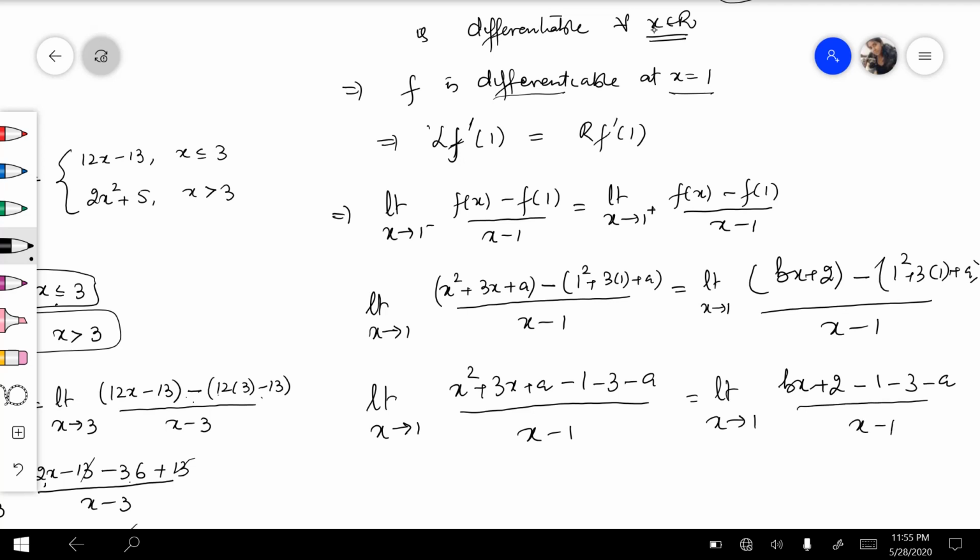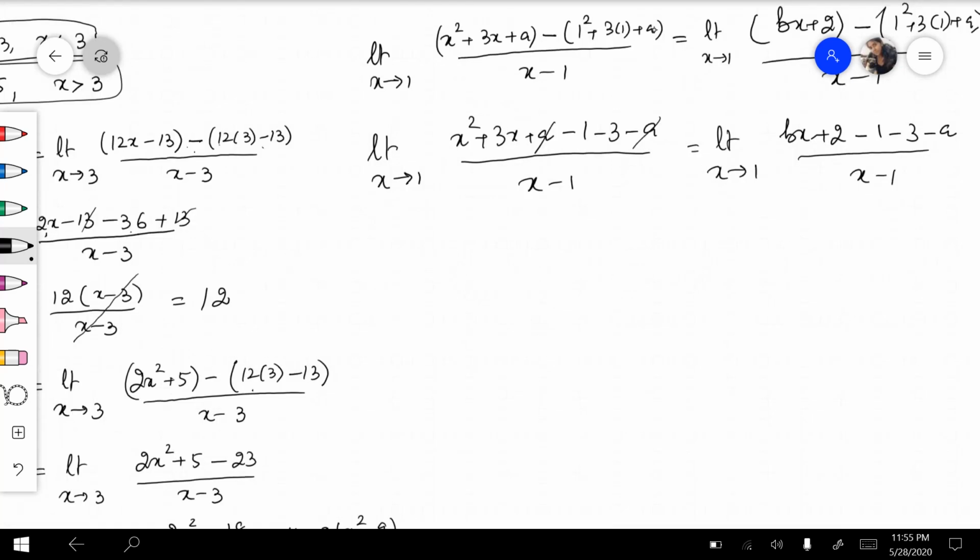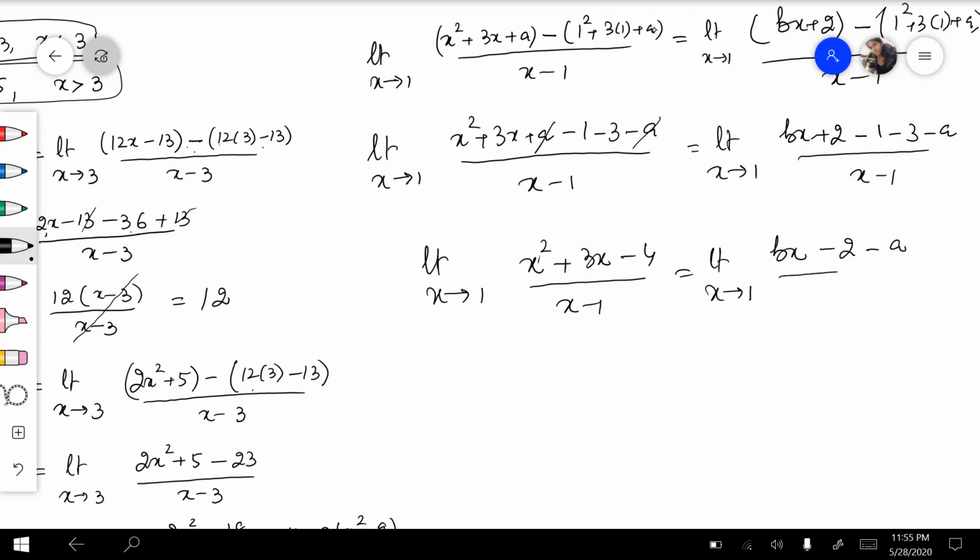On left hand side a and a will get cancelled, so what we have: limit x approaches to 1 of (x square plus 3x minus 4) upon (x minus 1) is equal to limit x goes to 1 of (bx 2 minus 4 is minus 2 minus a) upon (x minus 1). Now if you put x equals to 1, 1 plus 3 is 4, minus 4, that is 0 by 0 form,